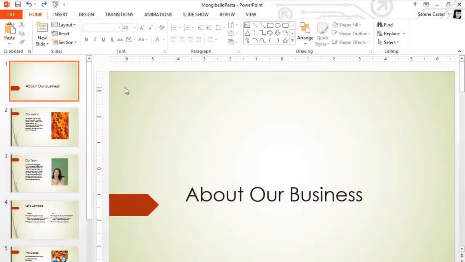Slide Master View is a special feature in PowerPoint that allows you to modify all the slides in your presentation by only making changes to one main slide, the Slide Master. This can be a great time saver because you can make changes to your entire presentation without having to edit each slide individually. Right now, I'm working on a presentation for a pasta company, and I'd like to add their